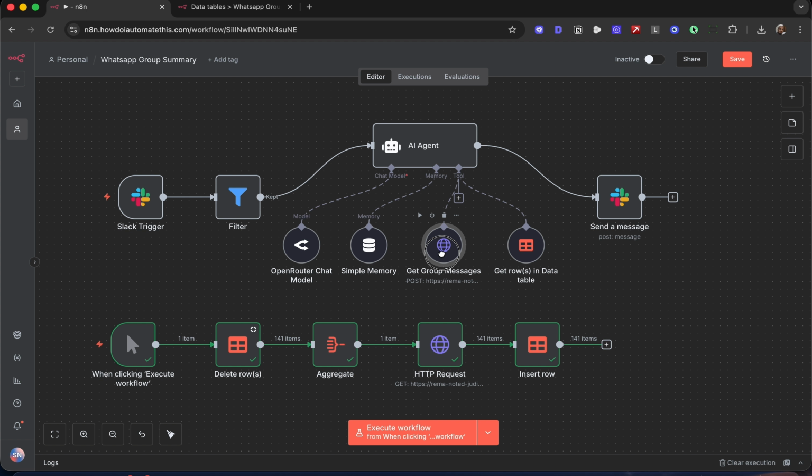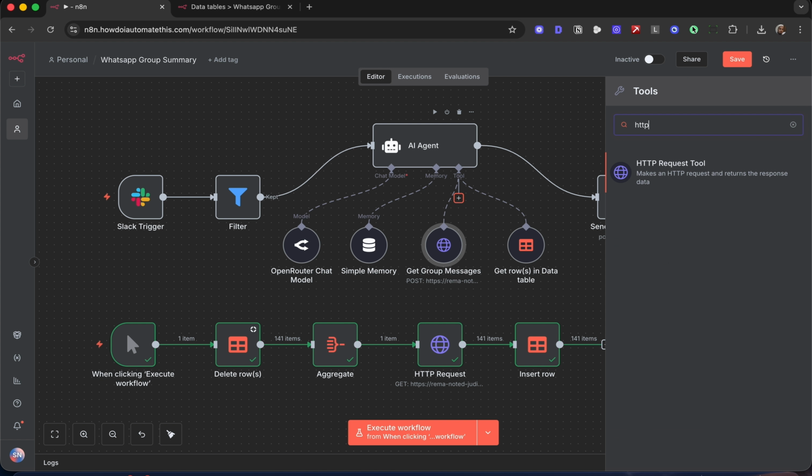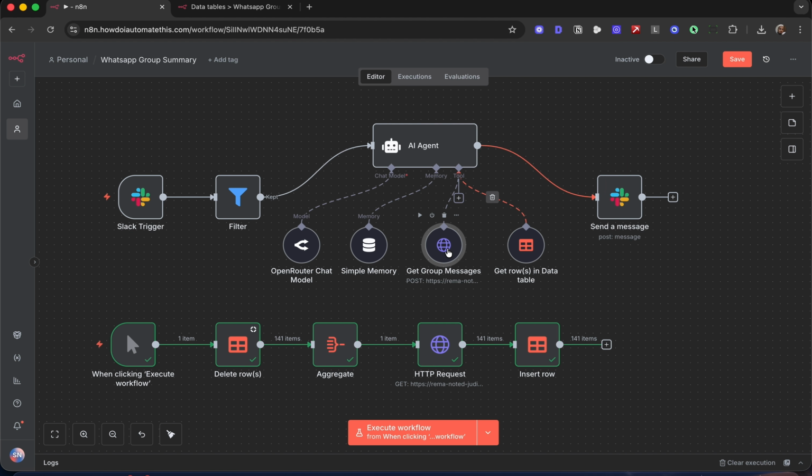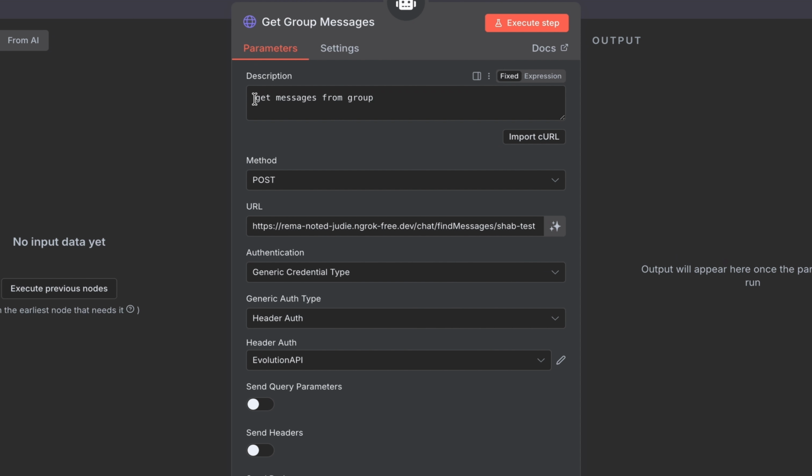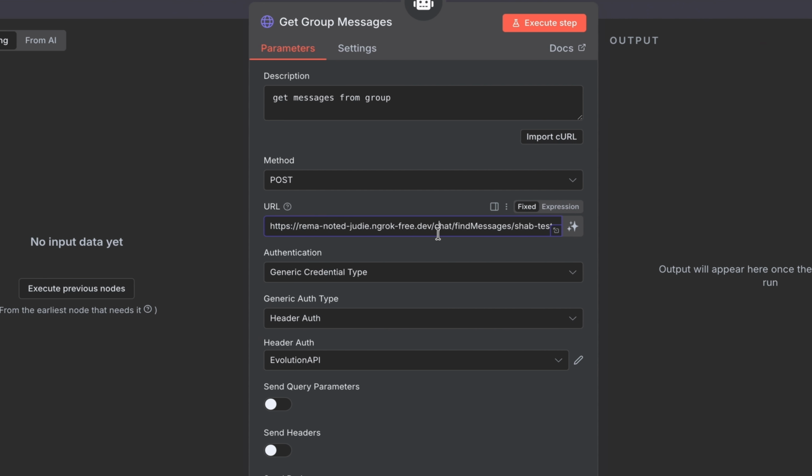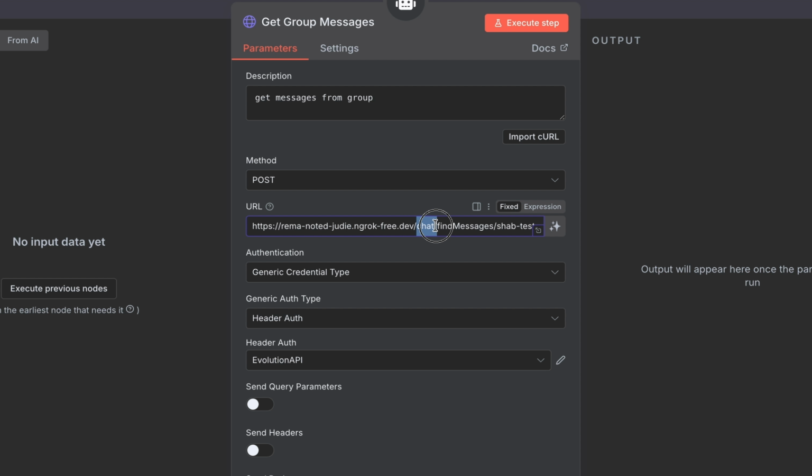And that ID is then going to be used in this HTTP request tool, which you can get by clicking on the plus icon and searching for HTTP request. So if I double click that, we'll see that I've given it a description, get messages from group. It is a post request, again, to that same ngrok URL that we have going over here. But this time the additional URL is /chat/findMessages and /the instance name that you had set up in Evolution API. The credentials are the same as we had used for getting the list of the groups,